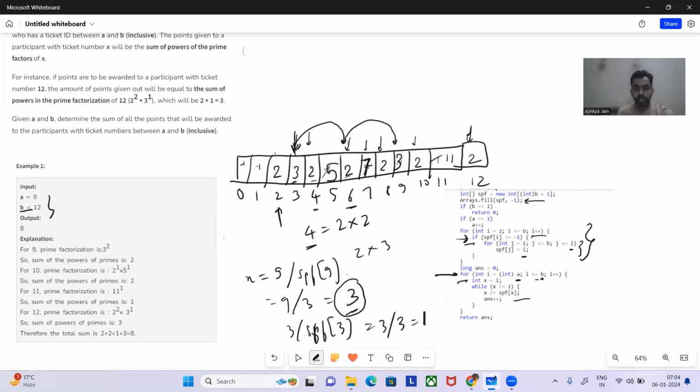So 1. So we are incrementing the answer again, right? So each time we are going to increment the answer. Okay. So it will be 2 now, right? Answer equal to 2. So if you see here, for 9, the sum of powers till 9 was 2, right? So the answer is 2 now. And similarly, what we're going to do,